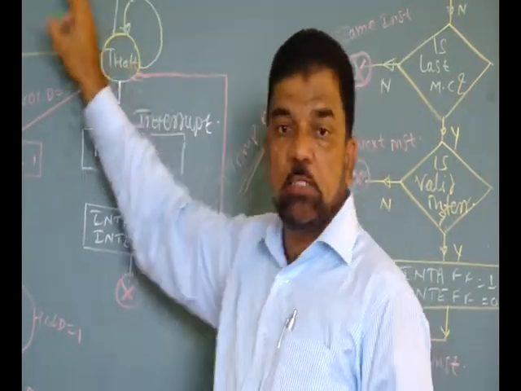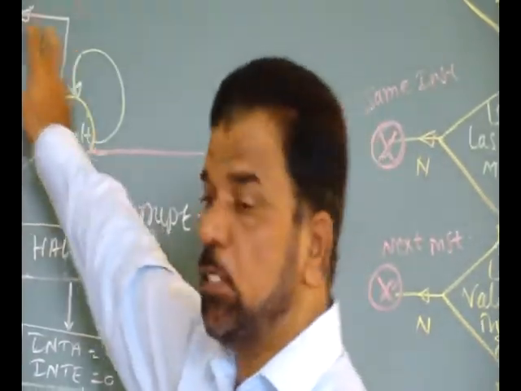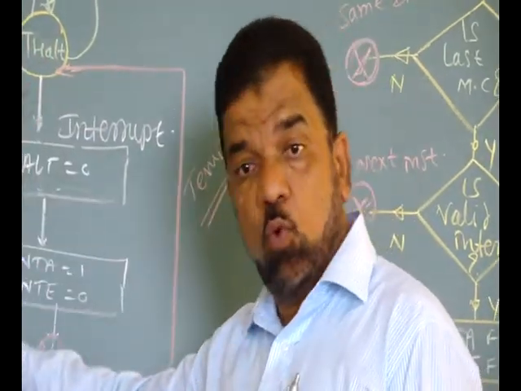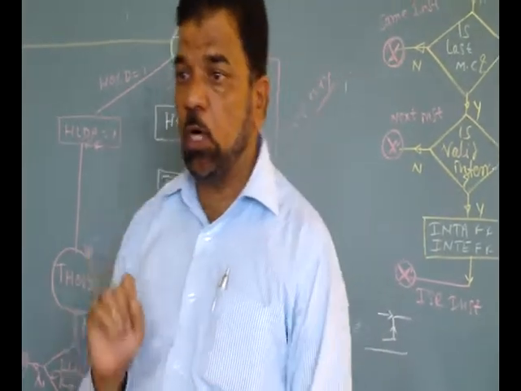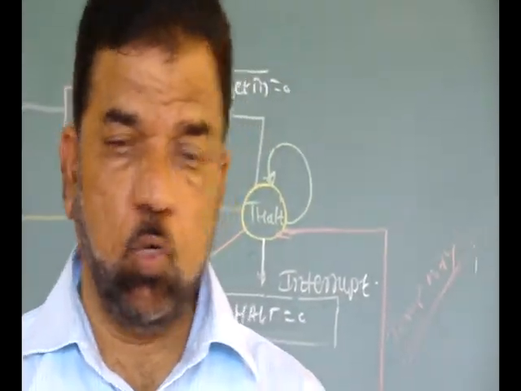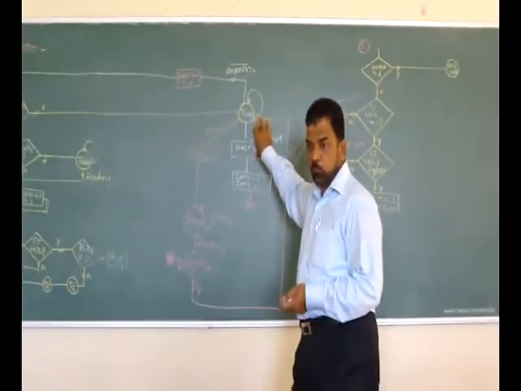Then we have defined the 3 different ways to come out of the halt state. One way is to reset the system, another is to interrupt the system, and the third one is to generate the hold state. The response to this one is that you can have a temporary come out of halt, because afterwards once again the processor goes into the halt state.